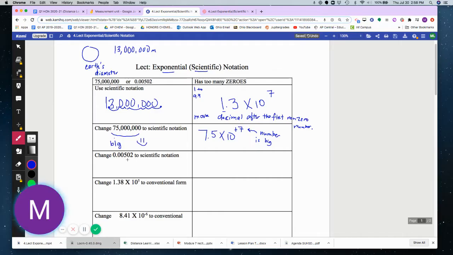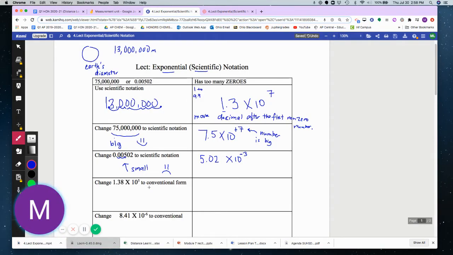Okay, here, again, the rule is to move the decimal after the first non-zero number. So it's going to be 5.02 times 10. You moved it 3 times, so 1, 2, 3, to the third. And then you consider, is that a big number or a small number? It is a small number. So if you had that money in the bank, you'd be very poor, which means put a negative number here, signifying that it's a number smaller than 1, a small number.